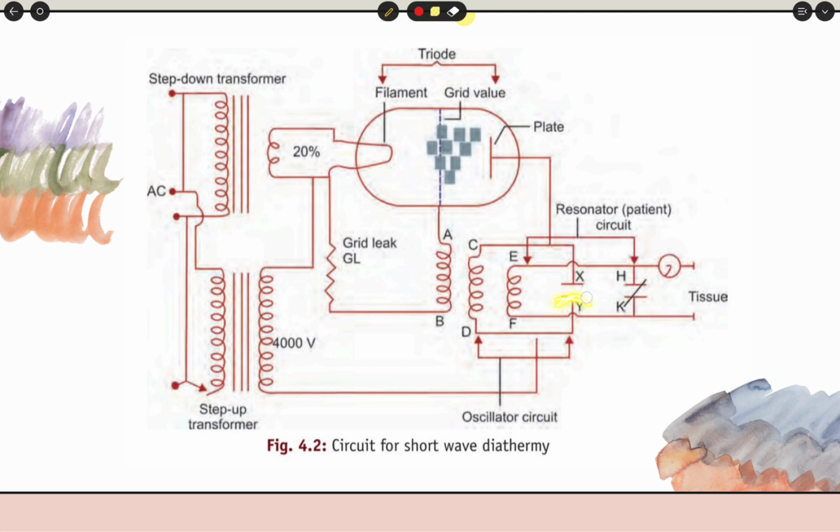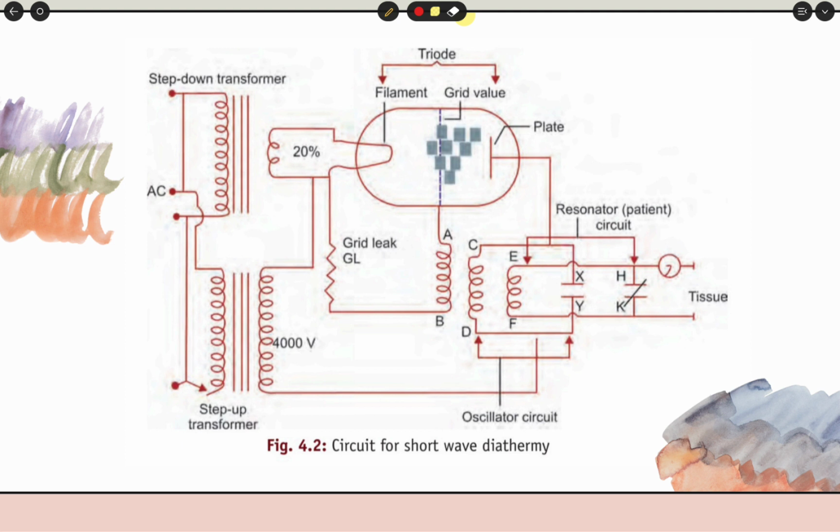This will lead to accumulation of electrons in the Y plate, that is on the capacitor plate. So the Y plate will be negative here. After some time, the capacitors will discharge themselves. That is, the current will start to flow in the opposite direction as it was coming before. This will lead to change in direction of the EMF in the grid leak too. So the current will move from B to A and the electrons will move from A to B. That will lead to turning of the negative grid into neutral once again.